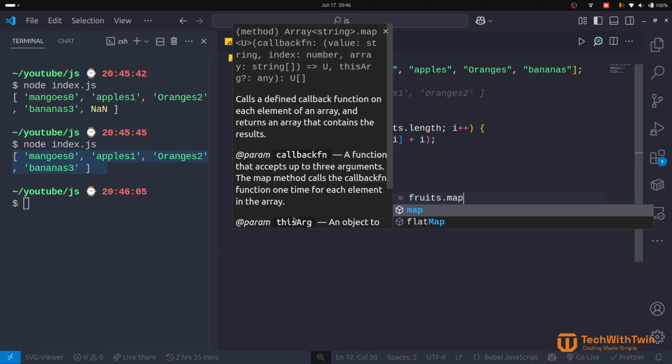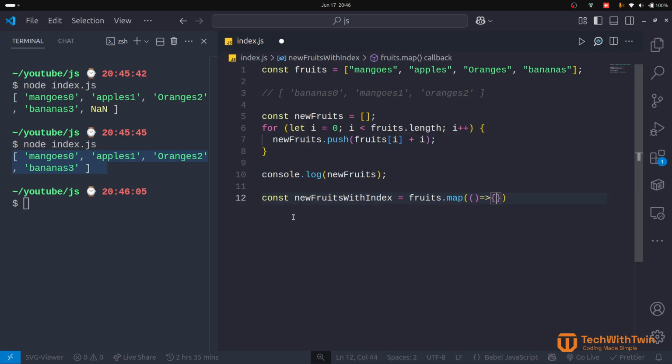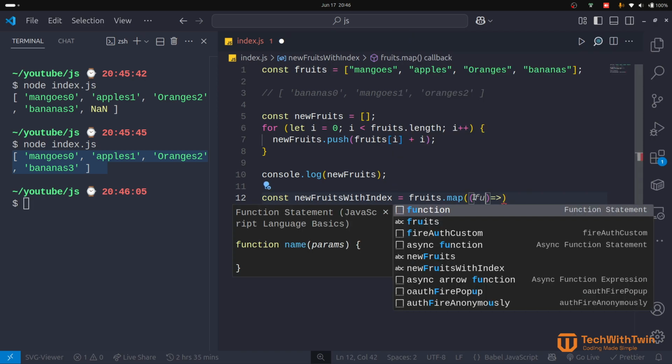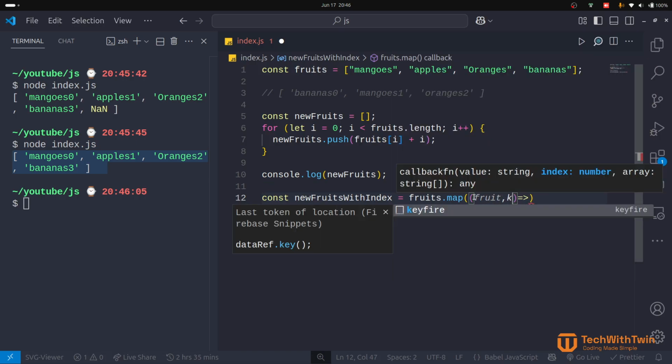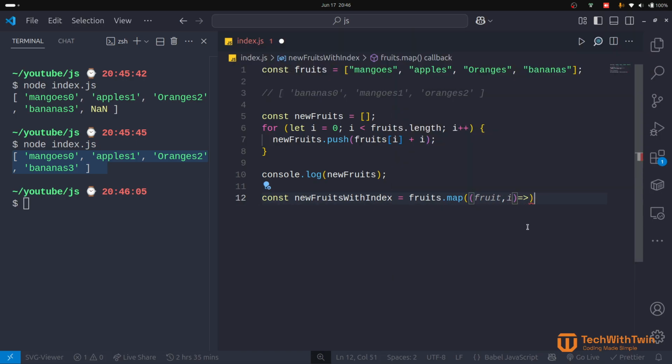fruits dot map, and then as the previous function, this function also injects data into the function that it is passed. The first one is the current item, so it's the fruit, and then we can grab the index as I told you. So the second argument to the map function, the callback function passed to the map function, is the index, so we can return whatever we returned is whatever is pushed to the new array. All right, so we can return